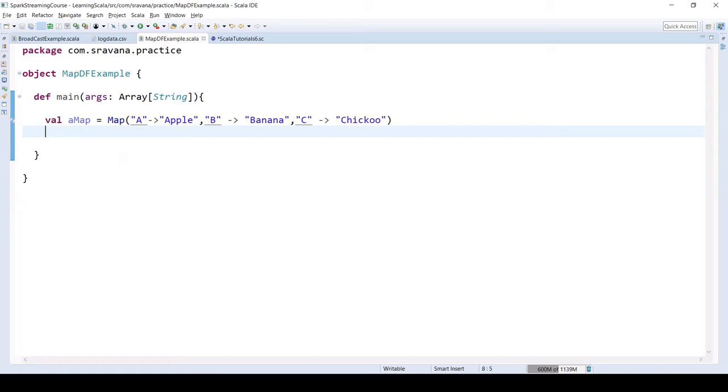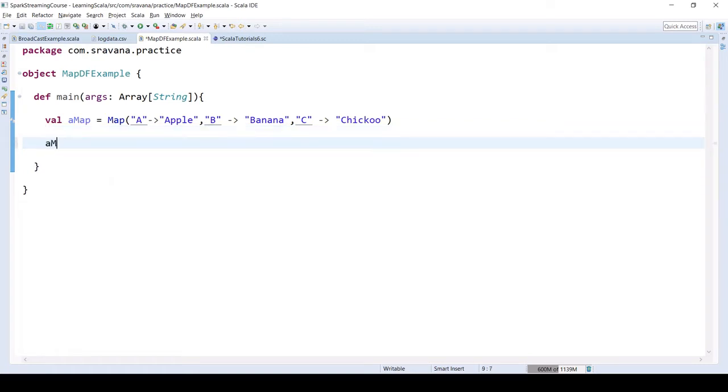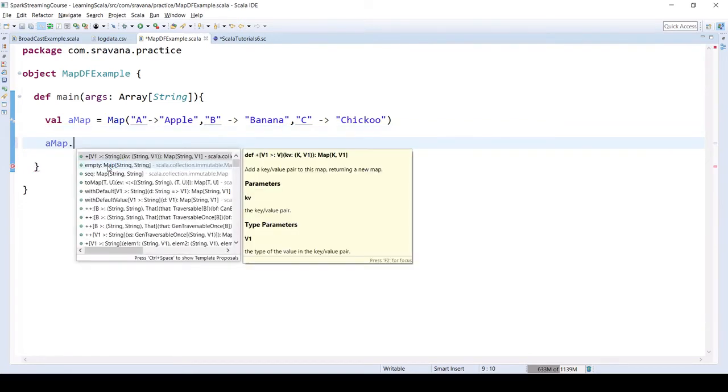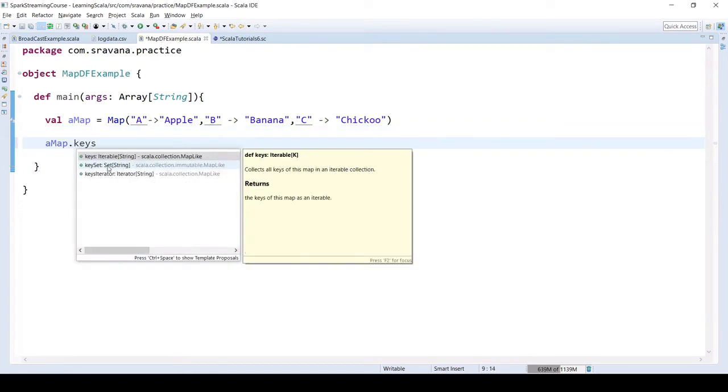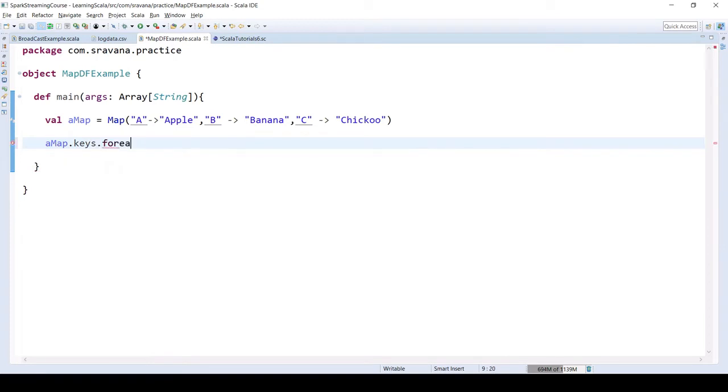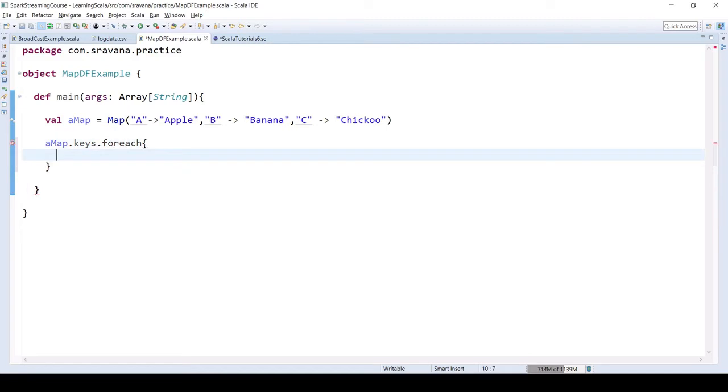So let's say we have a map like this, dot, and we have the keys, right? So we have keys dot foreach, because we need to have foreach. And in this, for each I'll take i, like in a for loop we usually take i. And I am saying print keys,